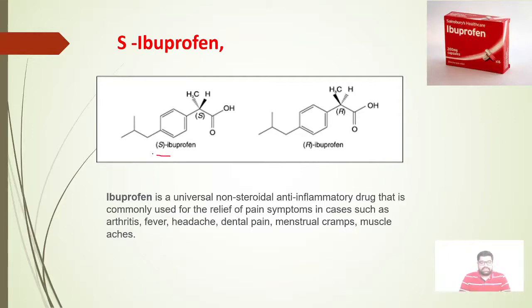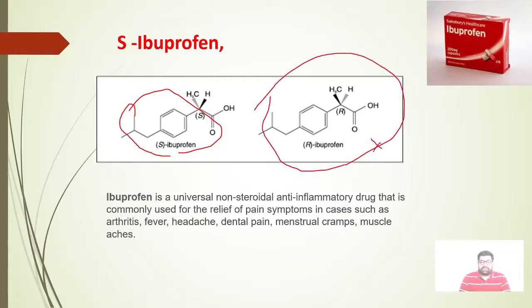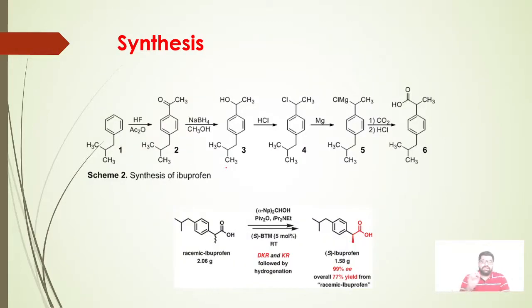So as we discussed in my previous lecture, only the S isomer is useful, and it is known as the eutomer, while the other isomer, which is the R isomer, is a distomer, but it is inactive, so we need not worry about the R isomer. So only S is useful and has the non-steroidal anti-inflammatory properties. So let's see the synthesis of ibuprofen. Ibuprofen has a very classic and very linear synthesis that one must study in organic chemistry.